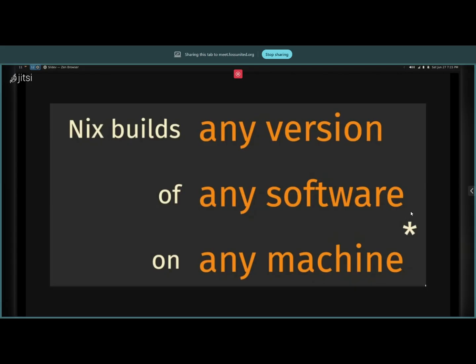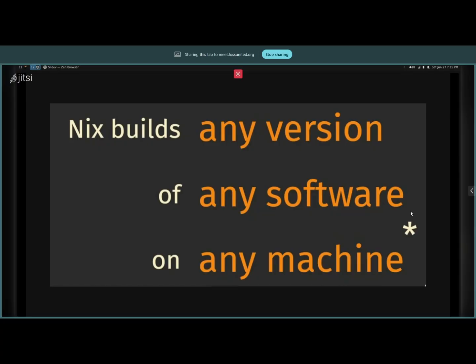Build as in, you might have seen something like make, or other build systems. If you do web development, you have build systems around JavaScript's ecosystem. Those are mostly called bundlers though, because front ends need bundlers. But similarly, Nix is a build system, and it can build any version of any software in any machine. Now, what does that mean?